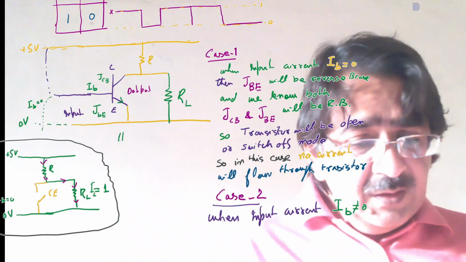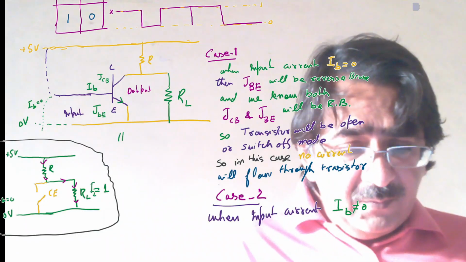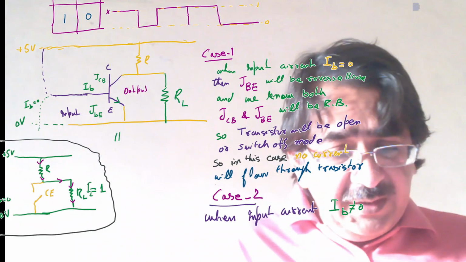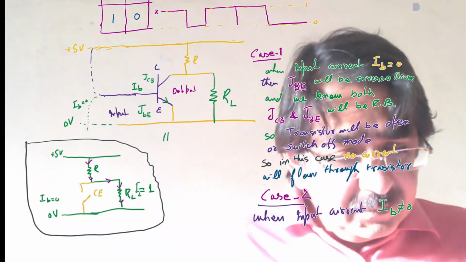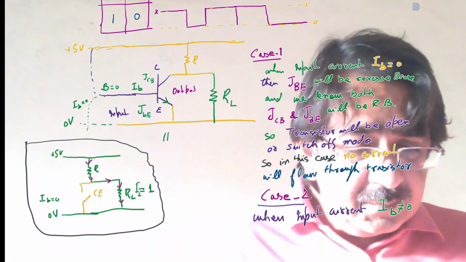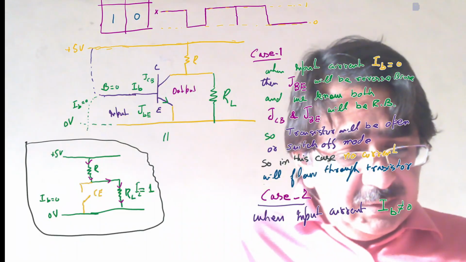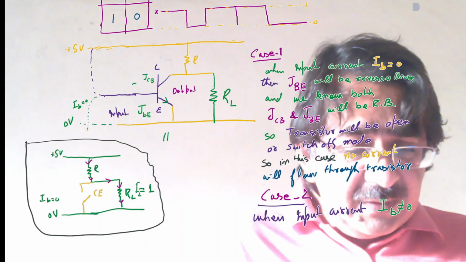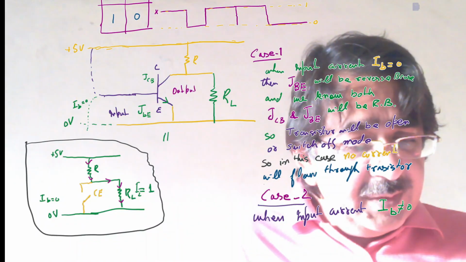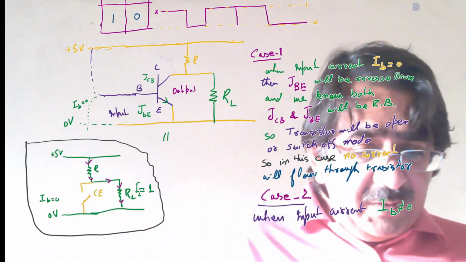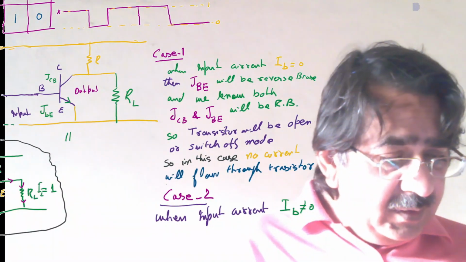If IB is connected with the 5 volt, this is the base, and this is the IB current. So when base is connected,